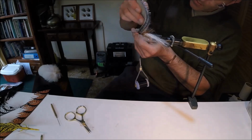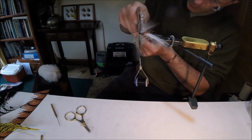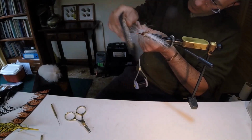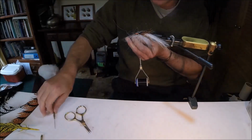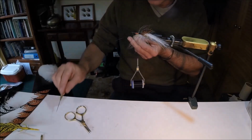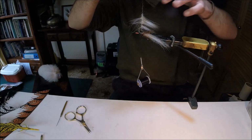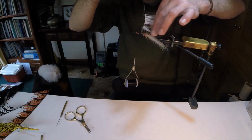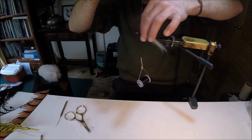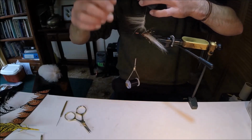And you can be really quite rough. If you've spun it enough, none of this hair should come out. Right, so hopefully you can see that. And now I'm just gonna, just like you would a hackle, bend all the fibres back, and when you come to wind this on,